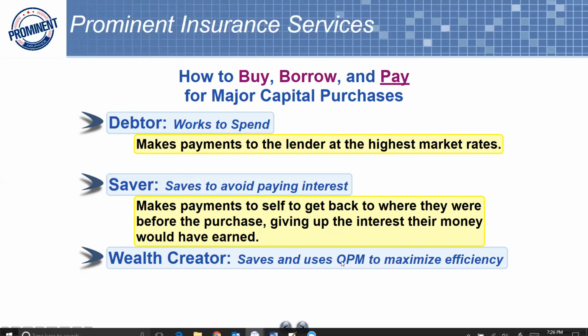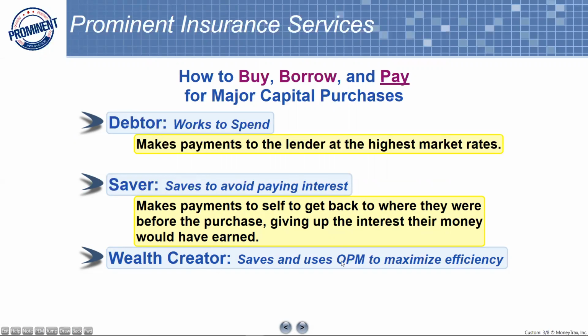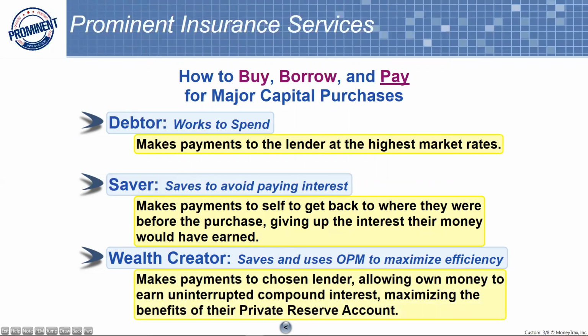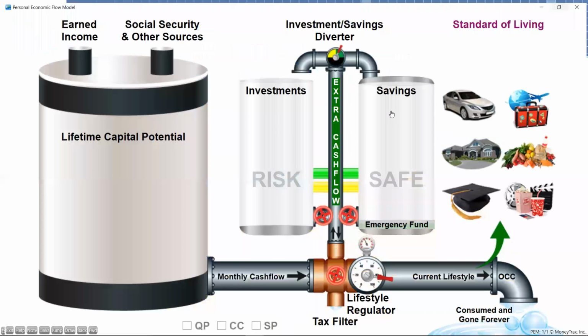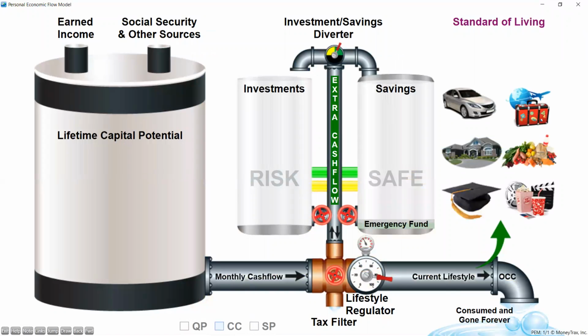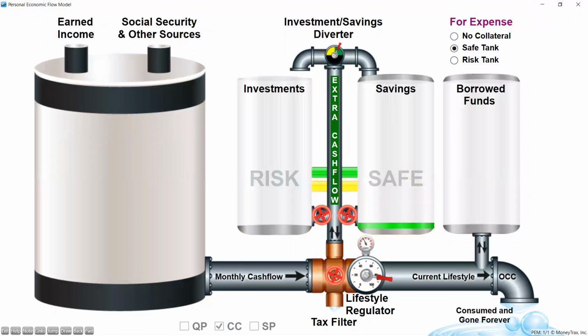So same situation, this is called self-financing. Then you have the wealth creator, who makes payments to a chosen lender, allowing their own money to earn uninterrupted compound interest, maximizing the benefits of their prior reserve account. Now, let me give you an example of what a wealth creator does, just to show you from these two tanks. Now, when a wealth creator, what he does is first,